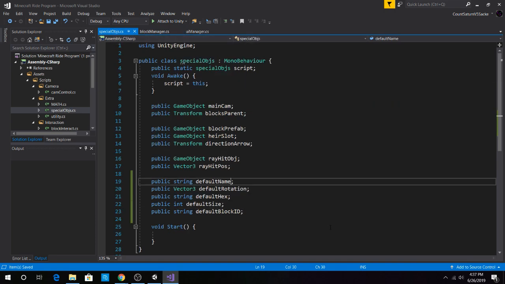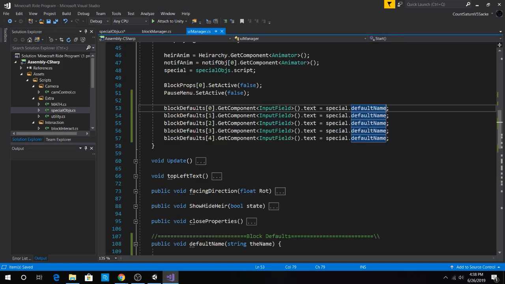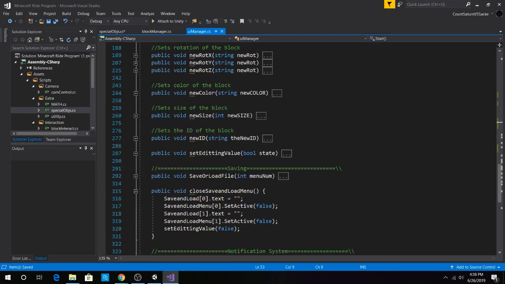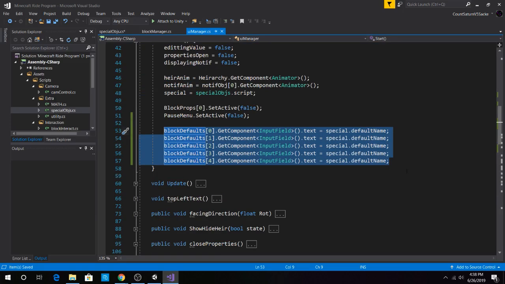Special default name. We'll set this to, well, if anything, I'll set this one to this. Wait, no, oh, the ugly block. Of course it does work. However, nice looking code is honestly very satisfying to look at. Anyway,